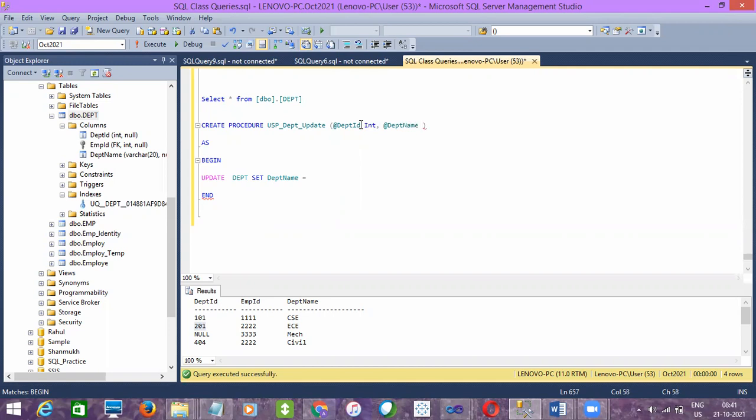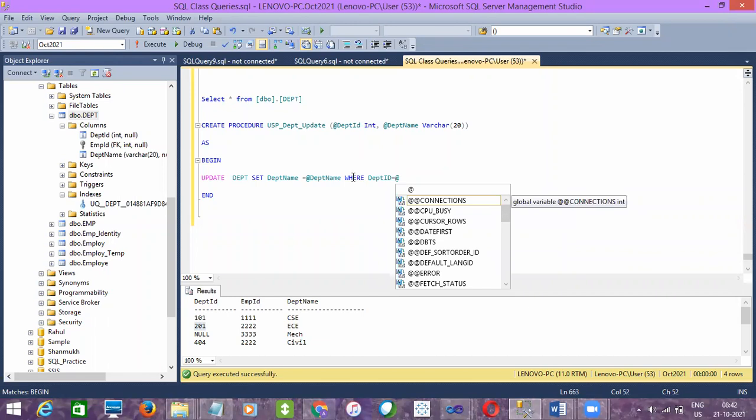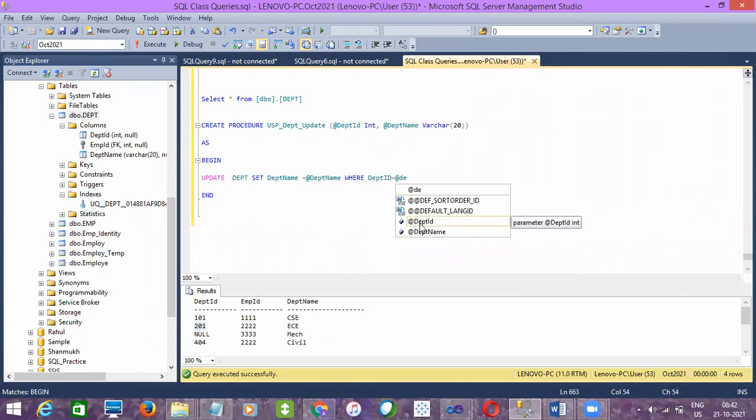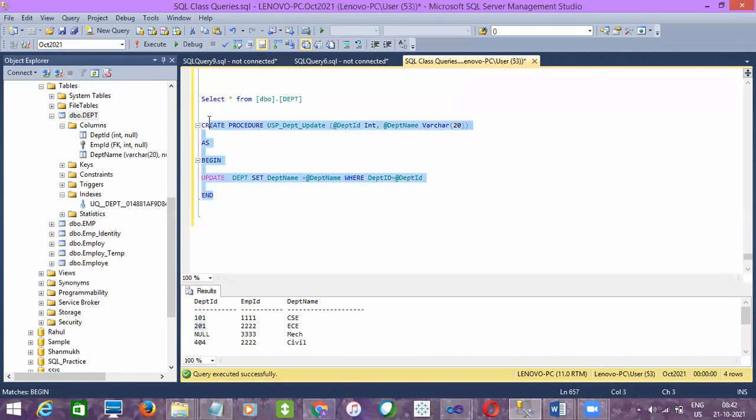That's why I'm taking another input parameter, varchar of 20, right? So equals to @DepartmentName, which means it will take it from the user input, where department ID equals to @DepartmentID. This is a simple query which I am writing within a stored procedure, right? So let me create.